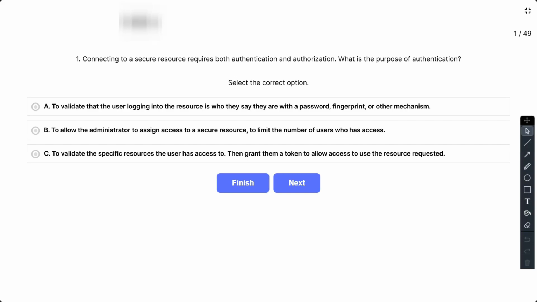Question number 1. Connecting to a secure resource requires both authentication and authorization. What is the purpose of authentication? Select the correct option. The options are A. To validate that the user logging into the resource is who they say they are with a password, fingerprint, or other mechanism. B. To allow the administrator to assign access to a secure resource to limit the number of users